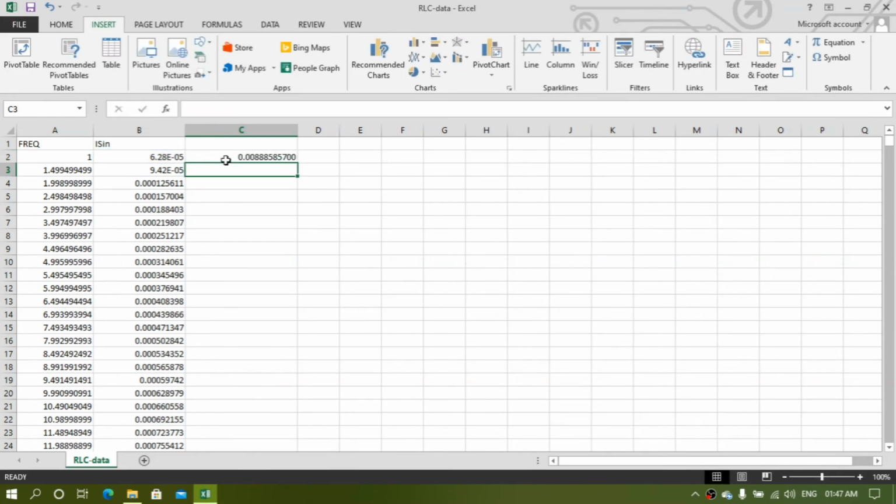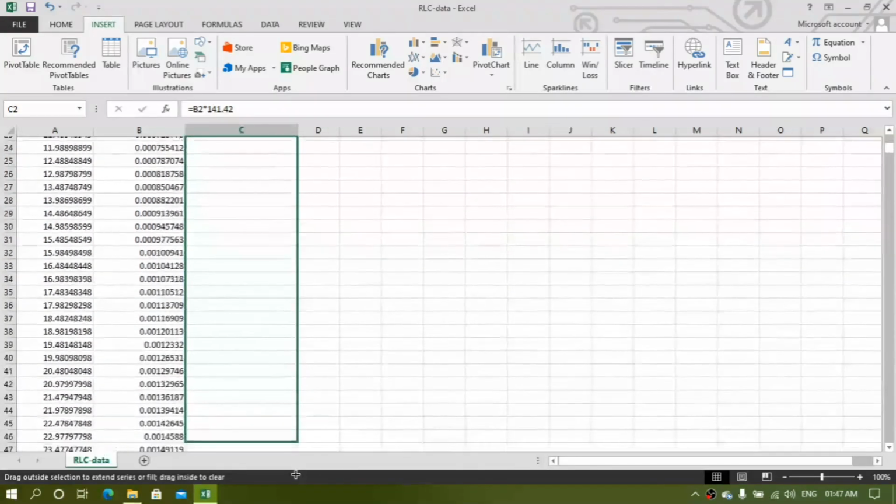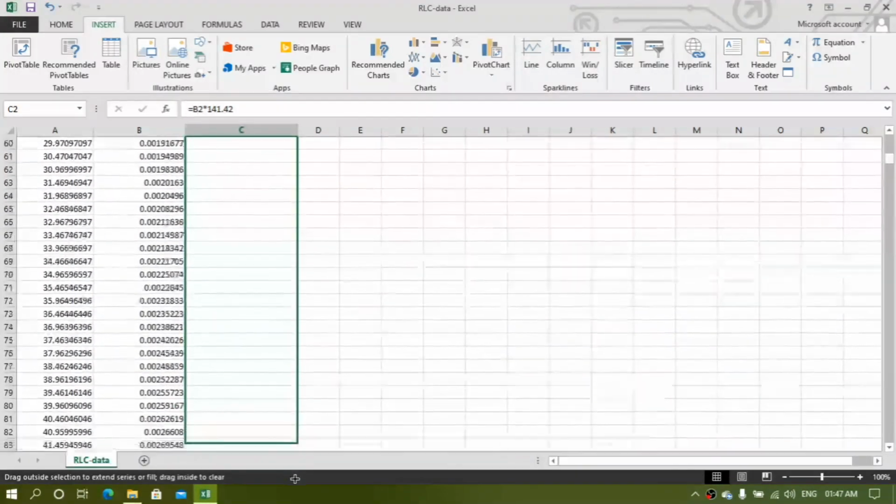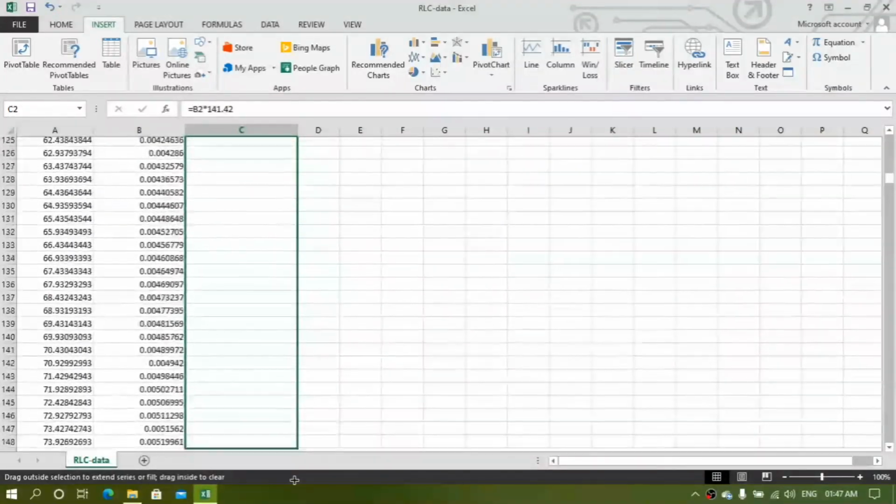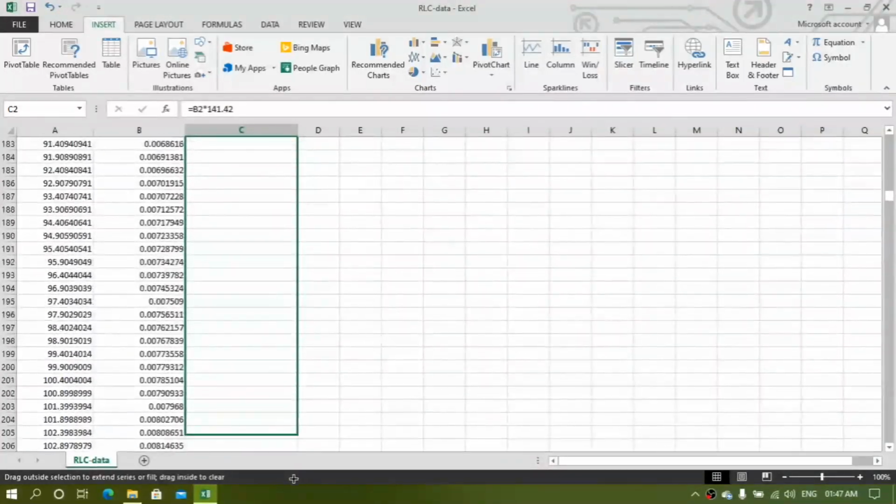Enter. Now drag this icon only, okay, not the whole. You do not have to select all the cells, you will have to select only this dot of this corner, okay, here. Now in this way, then only it will implement the formula for the entire column up to your last data point.